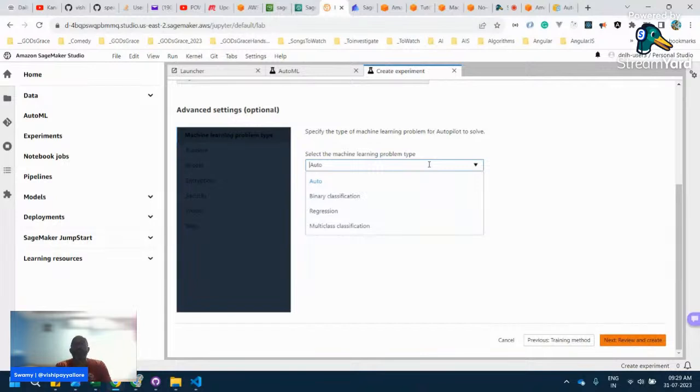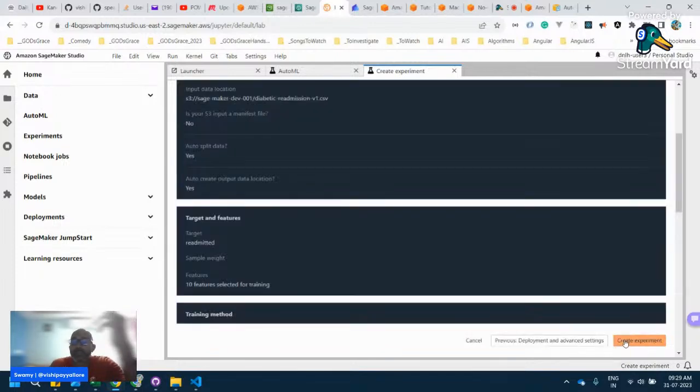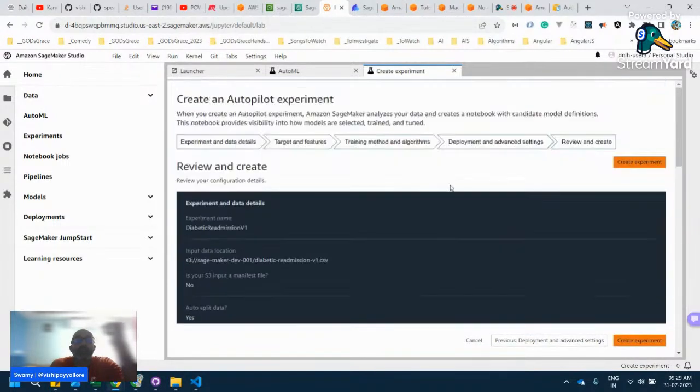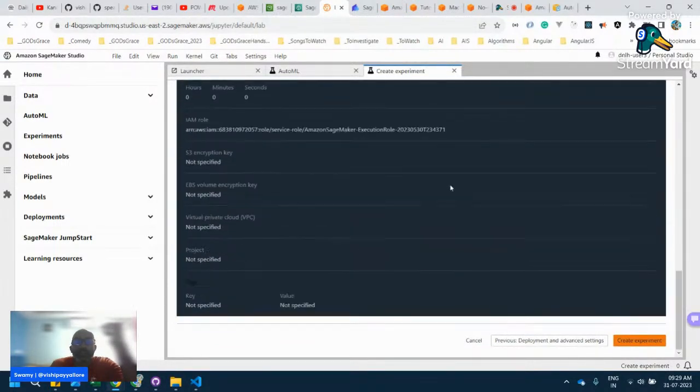We're saying, is it regression, like based on petrol, diesel prices, the pani puri plate price goes up, those kind of things, regression, or the binary classification, true or false, or multi-class. So right now this is a multi-class one, but I'm leaving it to do the best job for me. So we can come and quickly review this and click on create. So once we click on create,